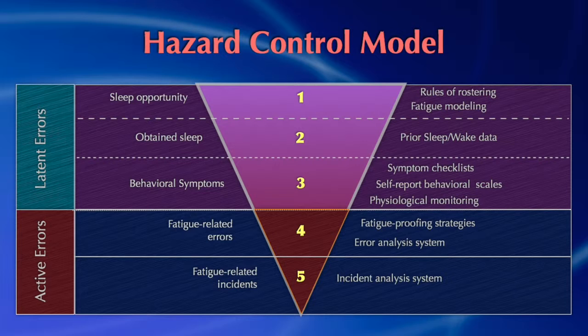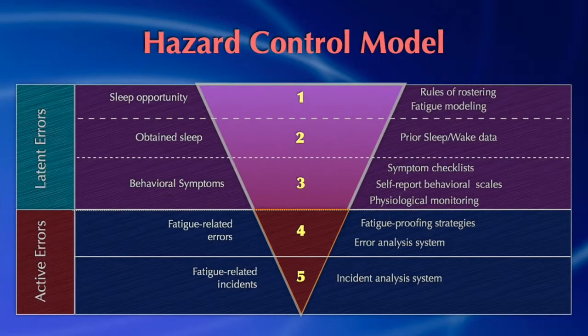If we look at level 1, you will see that it is around the principle of determining sleep opportunity. As we've said before, the primary control that most organisations use is to determine the level of sleep opportunity that people are provided with using, for example, rules of rostering. The roster is the primary mechanism for determining that people are provided an adequate sleep opportunity. We'll also go on to talk about the fact that there are other approaches to this, particularly those around computer-based analysis of shift schedules. But by and large, either compliance with a set of rules of rostering or analysis using some kind of biomathematical model are the primary way in which we determine whether we have provided people with an